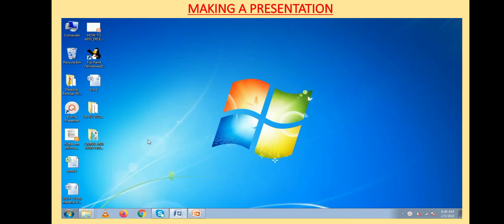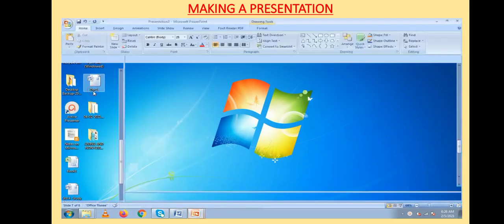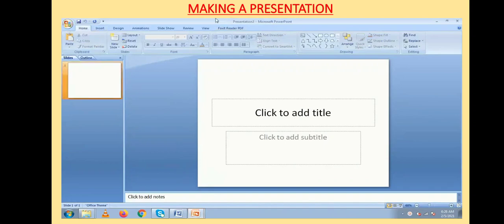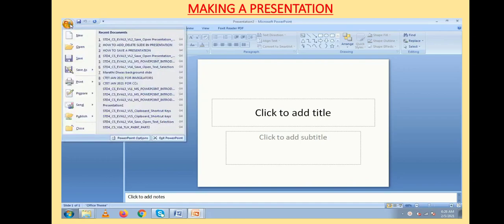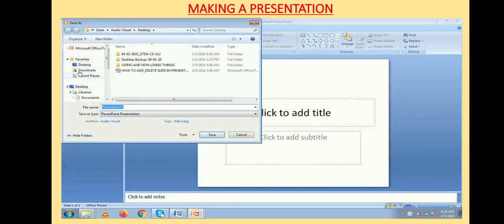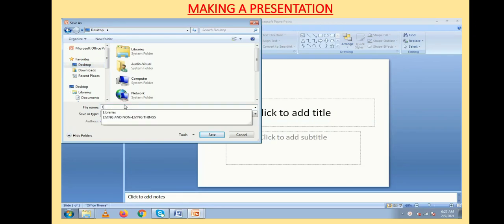For making a presentation, first of all, you start Microsoft PowerPoint. By default, one slide comes in your presentation with the default name. The first thing that you should do is to save your presentation with a meaningful name. Choose the location where you want to save your file and give a meaningful name.